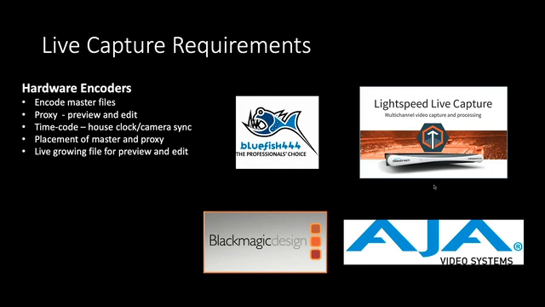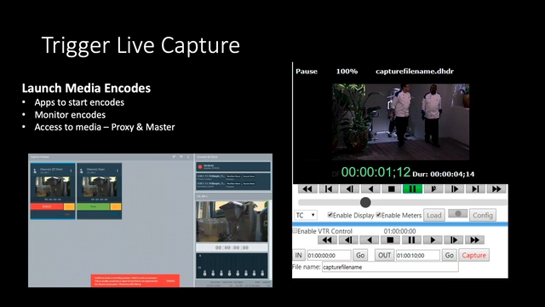But typically what you want is a codec, which James will talk about, that's more of a growing file. That growing file allows us to do the live edits and so on. Now, typically you'd have some kind of software, like James's software on the right-hand side there. Telestream has theirs as well, to go in and start triggering that capture. That could be a scheduled capture, a crash record, or multiple cameras coming in, with multiple codecs as well, and so on.